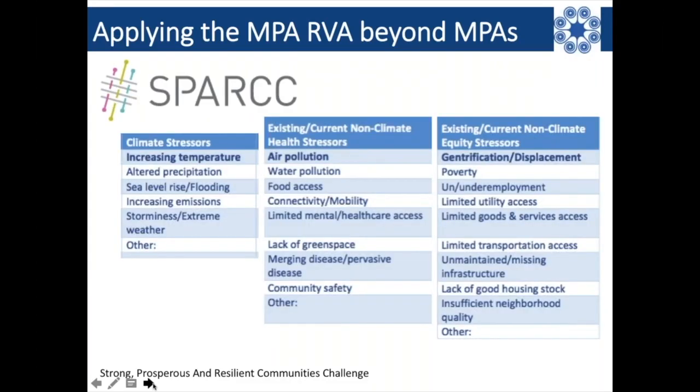So on that initial step, there are actually further examples of how we changed it, but the major change is that the Spark project looks at climate, health, and equity. And so we just changed the choices on the initial page for the climate and the non-climate stressors to be more specific to those interest areas as opposed to MPA habitat. Pretty simple change, and then we modified a little bit of the text in the other tables. But again, it was easily adopted by those users.